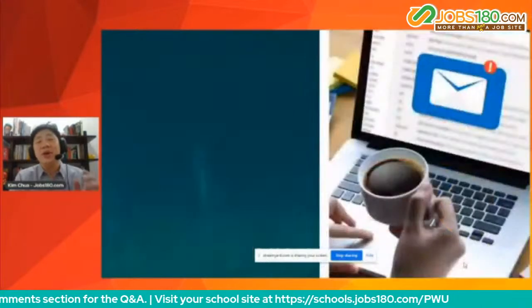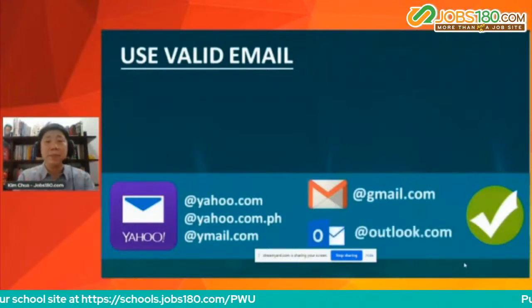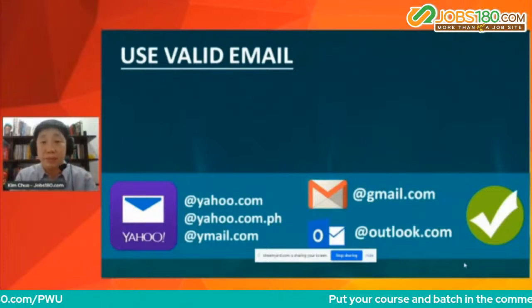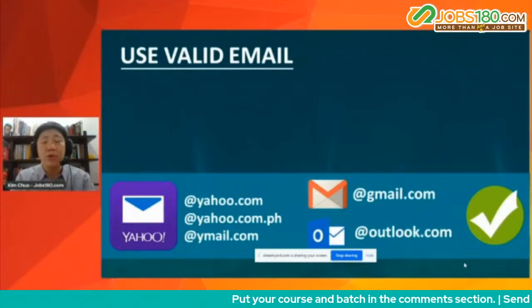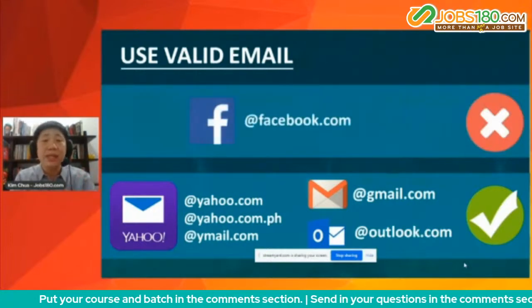Okay? Now, when you register, please use a valid email. Ito yung emphasis ko lang sa pag-create nyo ng account na dapat gamitin yung email na nabubuksan nyo, kagaya ng Gmail, Yahoo, or any email na nabubuksan nyo. Do not create, example lang, yung mga email na kagaya ng ganito,